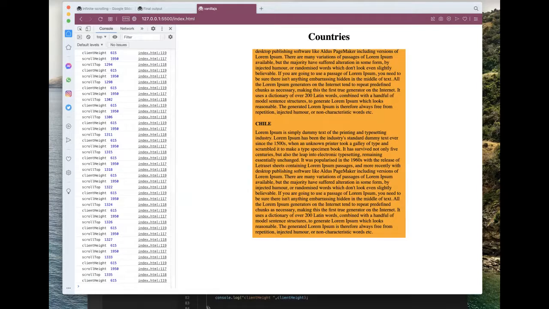If the scroll bar reaches the end of the element, and you add the values of scroll top and client height, it will give the value 1950, which is also the value of scroll height. If we subtract scroll top plus client height from scroll height, the value will be 0, and if the value is 0, that means it's time to invoke the API with the next page number. Let's implement this logic.